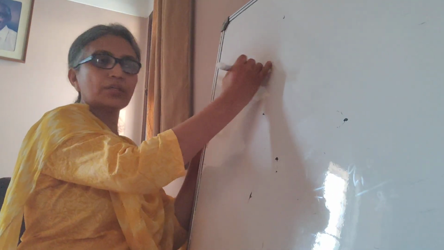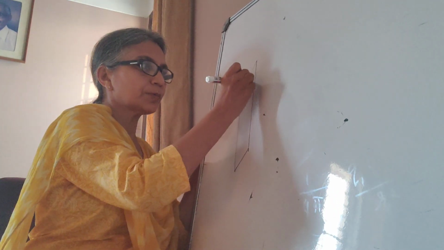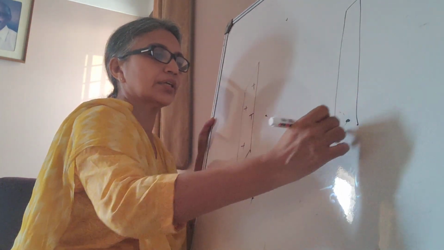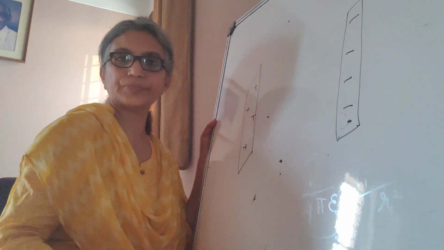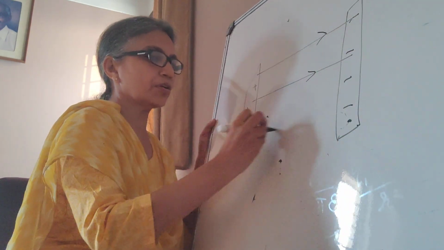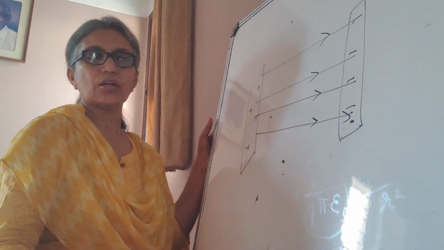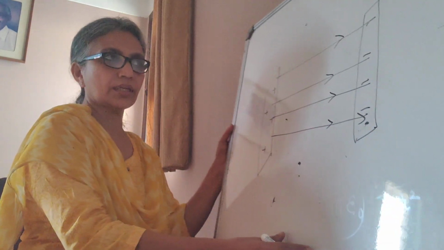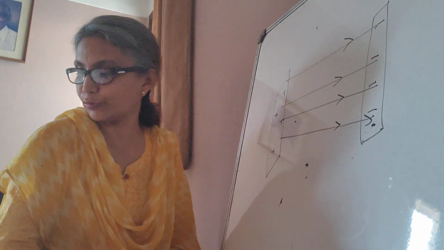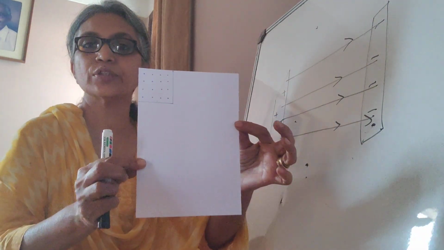Let us imagine here we have a plate, a conductor, which is positively charged. And I also keep another conductor here, which is negatively charged. Naturally, we have field lines which are passing from positive to negative. These are the field lines that I am representing. Now, when we have field lines like this, the number of field lines that pass through unit area is also called an electric field. For example, you can see that I have a piece of paper here